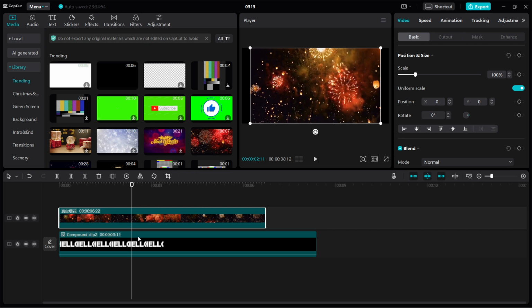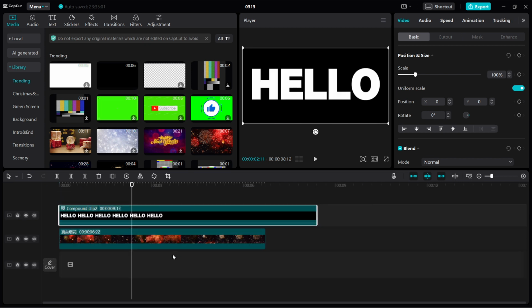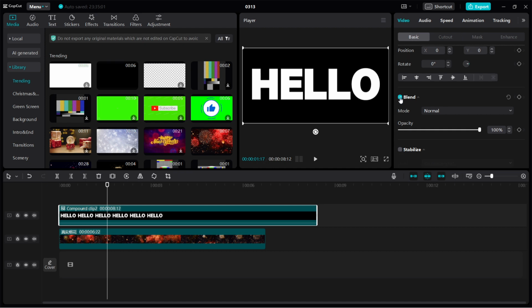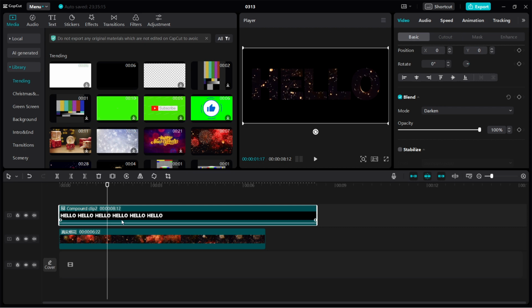You have to import it in and then put the background, so black background with text, over, so above the clip. And now once that's done, you simply select the clip with the text on it, go under the blend over here, so under the video, basic, and blend, click on darken over here, and as you can see, the